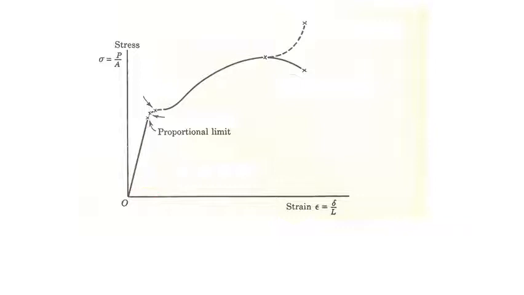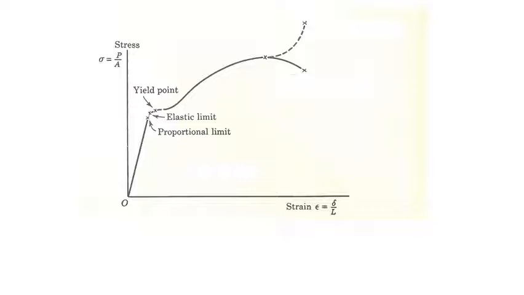After this point, yielding of the material will take place, that is the elastic limit. Once the proportionality limit is crossed, you can see the elastic and proportionality limits are almost coincident. They are not much far away from each other. Means when the proportionality limit crosses, the elastic limit is the one below which, whatever the load you have applied on the material, if you remove it, it will regain its original shape. Now after that we have the yield point. Yield point is the point at which the plastic deformation of a material is going to start.